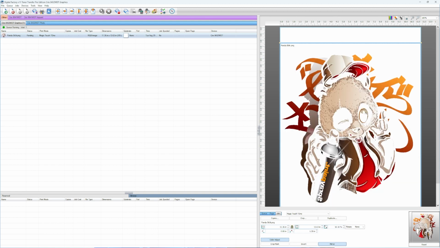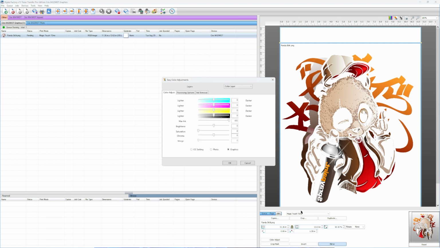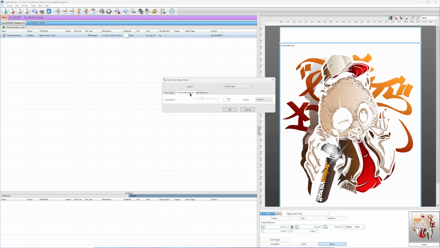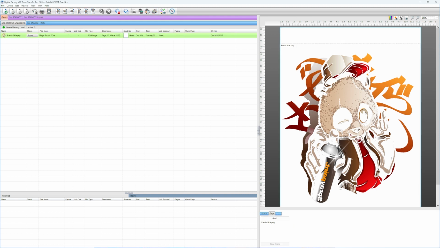Once we see the black has been knocked out of the image, we can come down here to color adjust, processing options, and remember we're going to set our choke to 3. We tell it OK, and now we are ready to rip or spool our image. Once it goes to the holding status here, we're going to right click on our image, go to view raw data,